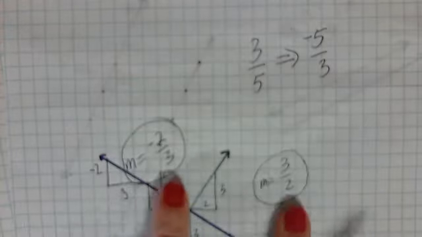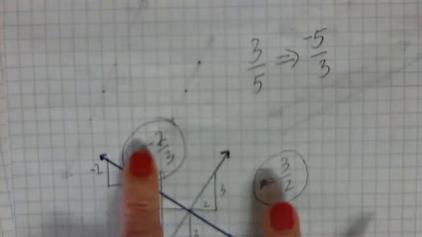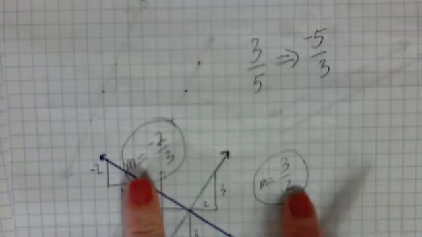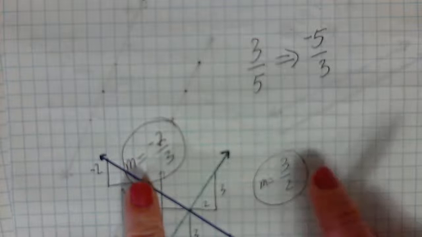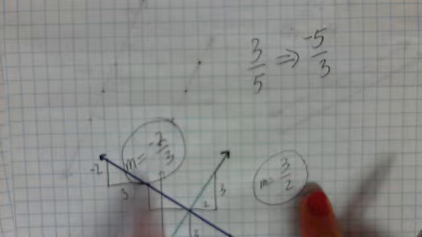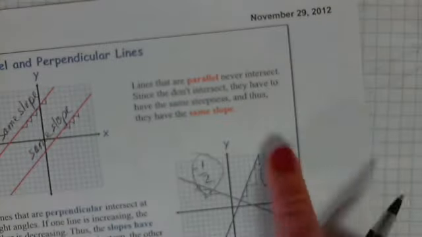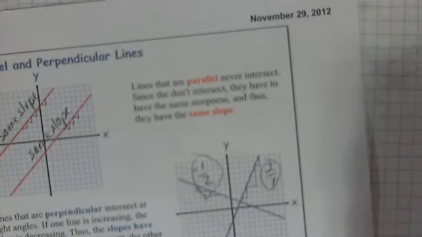Notice the two slopes have opposite signs, one negative, one positive, and one is flipped upside down from the other. That's called inverse or reciprocal. Same goes here. One's negative, one's positive, and you flip one upside down to get the other one. That's called reciprocal. So as you look at your text here, the slopes have opposite signs and the slopes are reciprocals. So we put that all together and we say